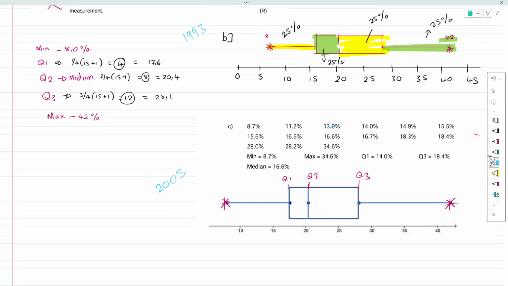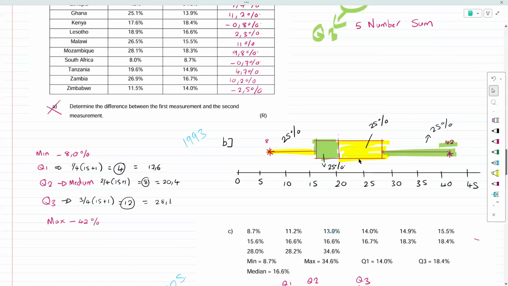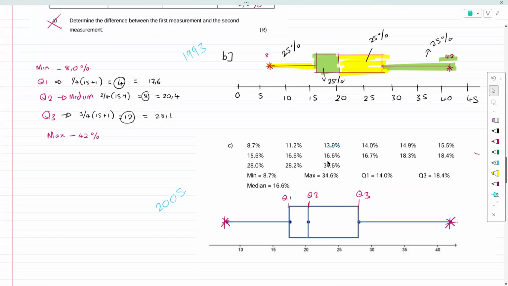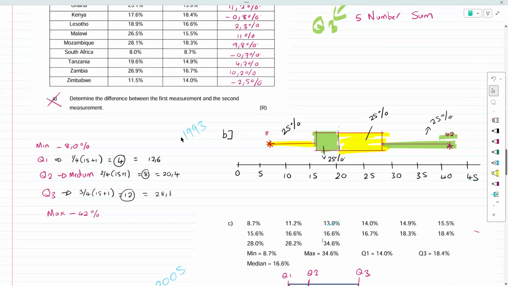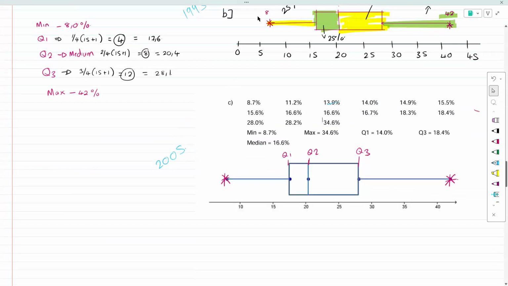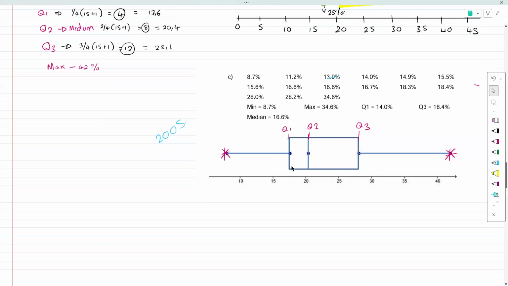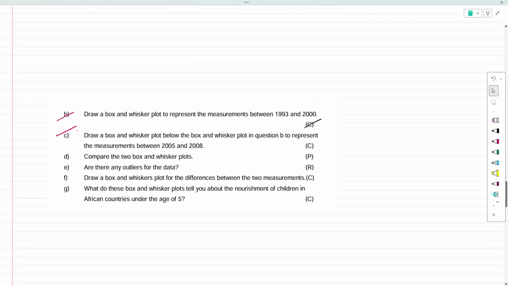But this was a bad question for theory. To be honest, it was a bad question for theory because the box and whisker diagrams are quite equal looking. But we will work on more questions. We'll work on questions where they're completely different and you're able to see the difference. So we'll work on that. The next is,